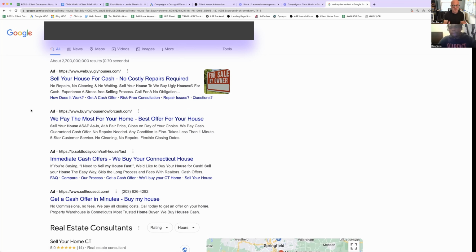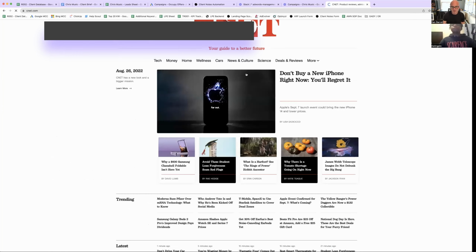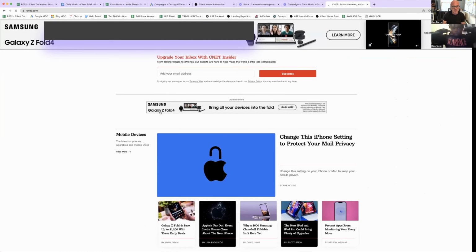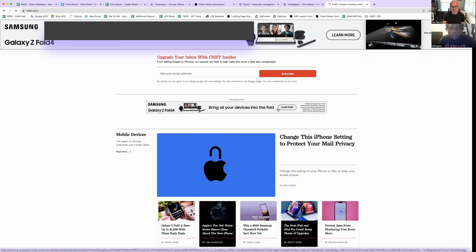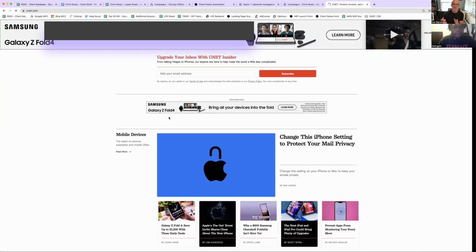We also have something called the Google Display Network. Let's say you go on cnet.com. I think this might be a good example. They've got, for example, this image ad right here. This is a Google Display Network ad. I'm almost pretty sure. Yeah, you can see down here at the bottom, the ad network. So that's Google Display Network. Those are third-party websites that display image ads. All that falls under the Google Ads banner.